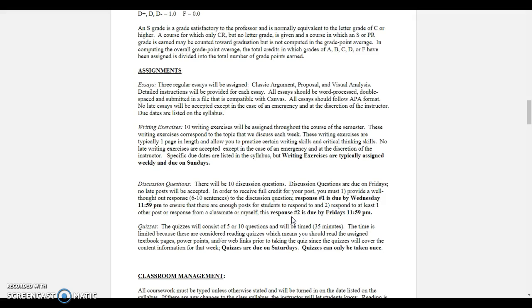Now, as far as the discussion posts, like I said, you have to post twice to get full credit, and you also want to make sure that you have a thoughtful and well-developed response to the original post and to a classmate. So if you just post something very short, then obviously, it's not well developed, so your grade might not be a full 10. Another thing to remember is that you are posting to a public forum that everybody can see, so please don't post anything offensive or anything like that, and make sure that you're using proper grammar and proper standard English so that we can all understand each other.